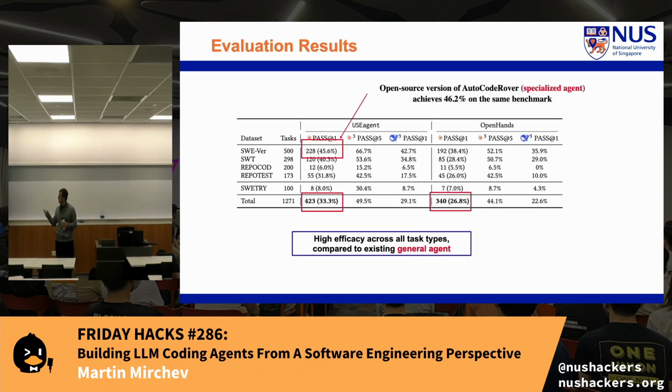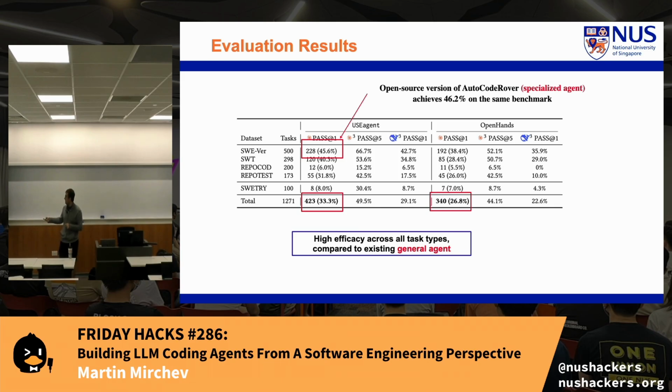Now, to evaluate this, we took the agent and compared it with another popular agentic system, which is called OpenHands. The idea was that there's a collection of already existing benchmarks. So we have SWE-bench, but people also made WT bench, there's RepoCode, RepoTests. These were also made by our colleagues at Purdue. For RepoCode, you are given a specific function in the code base that's missing, and your task is to figure out an implementation that is correct for it. And similarly, RepoTest is the same problem.